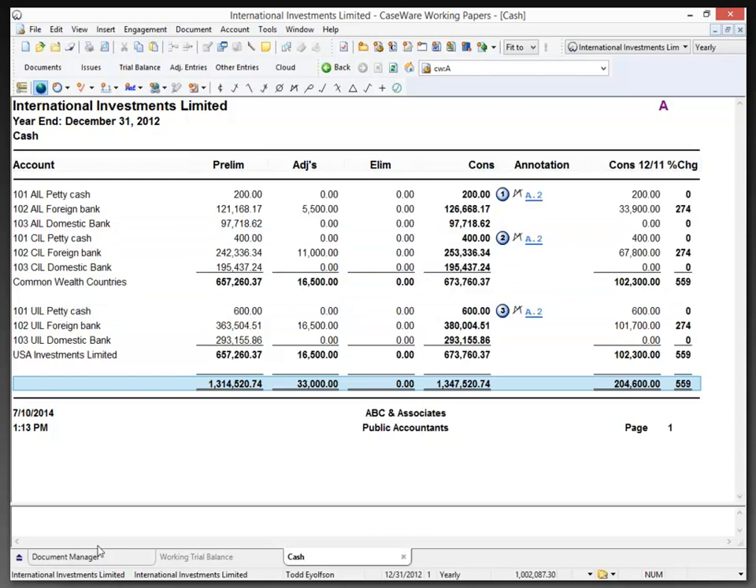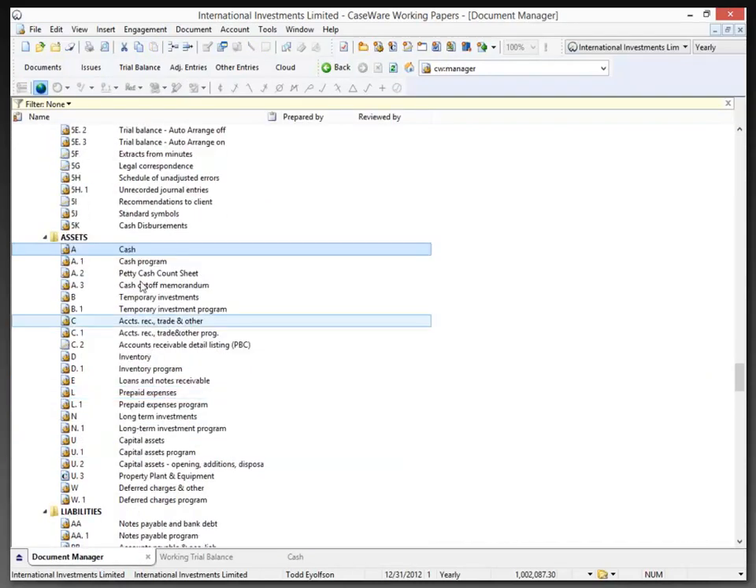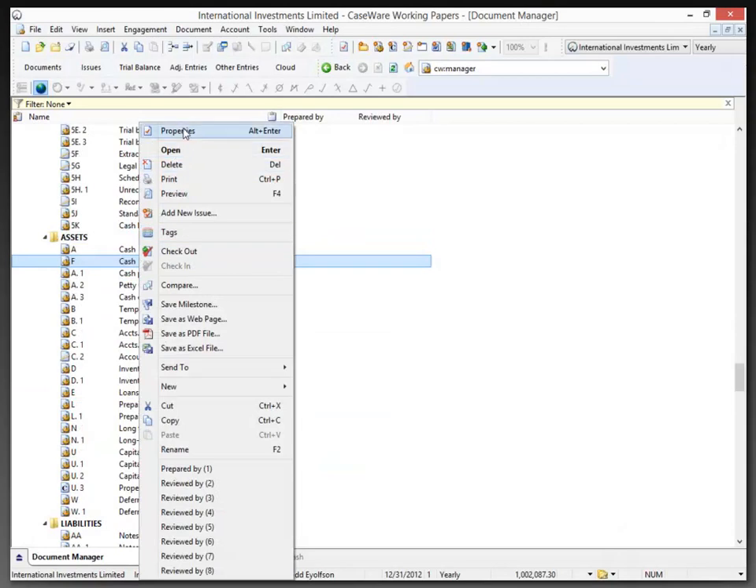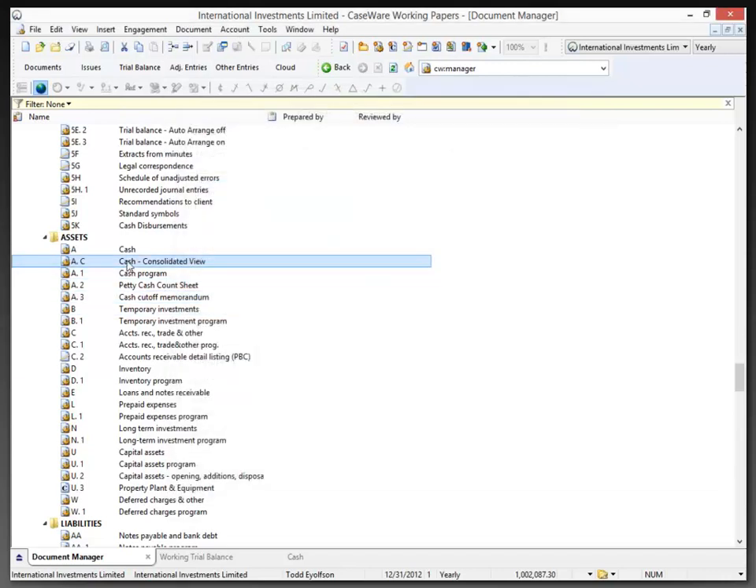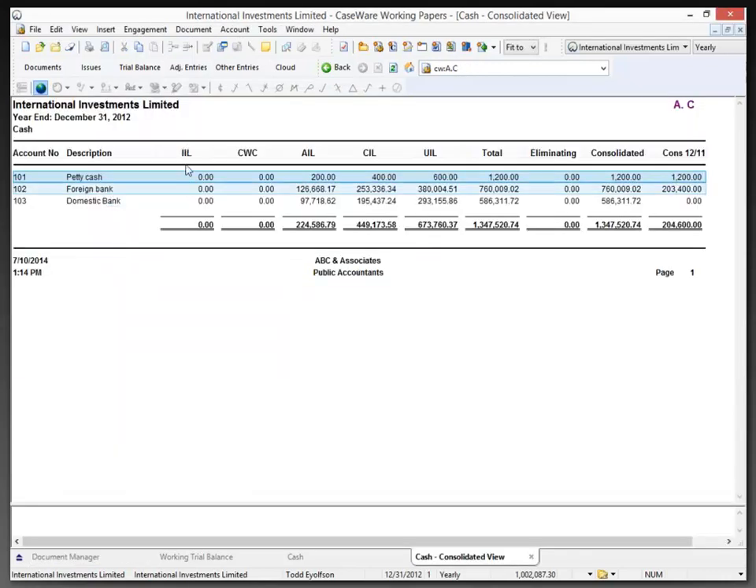Now going back to the document manager, what I'm going to do is make a copy of my cash document. In the properties of my cash document, I'm going to change this to A.C for consolidated, and I'll just call it consolidated view. Now, to get the consolidated view, we have a checkbox, consolidated view. And when I click OK and open up the document, we now have the entities with their entity abbreviation showing